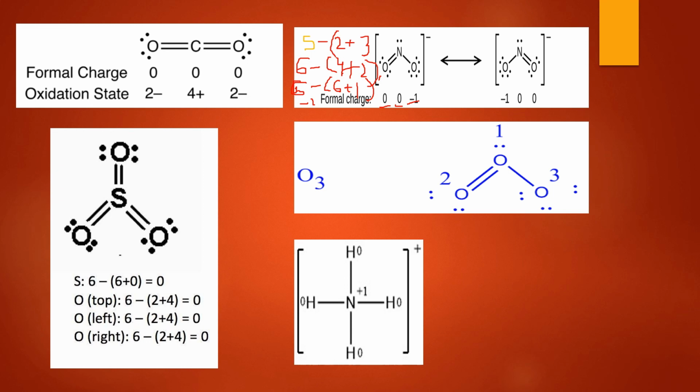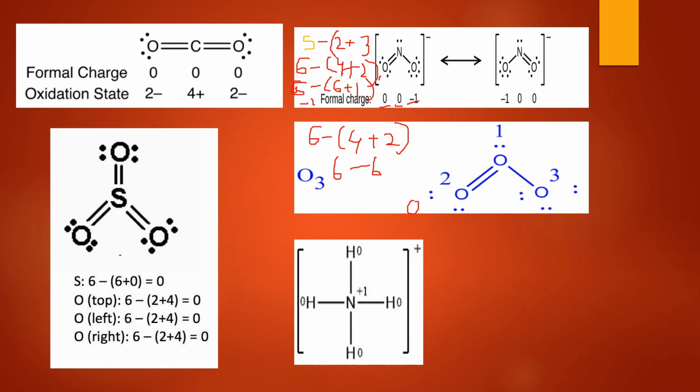Let us take one more example. Here in this ozone, for this oxygen, let us calculate the formal charge. Valence electrons in this oxygen are 6, then minus, in bracket 1, 2, 3, 4 are the non-bonding or unshared electrons, plus how many bonds are there? 2. So there are 2 bonds, right? So 6 minus 6 is equal to 0. So there is 0 formal charge on this oxygen, right?